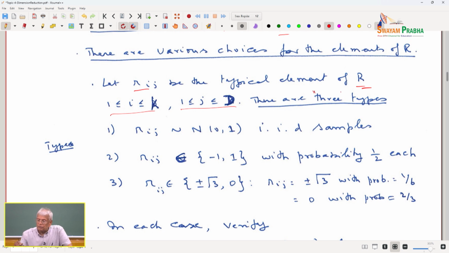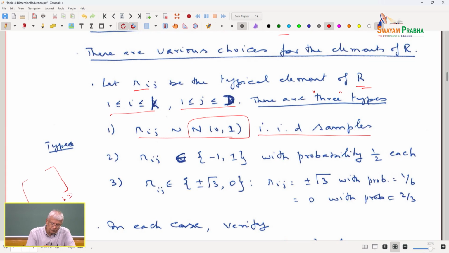There are three types which are very popular in the early literature. Again, this early literature began in the early 90s, so it's at most 30 years old. So the first choice, I'm going to call it type 1, type 2, type 3. In type 1, Rij are IID samples from the standard normal. So if I have a matrix R, which is k by d,